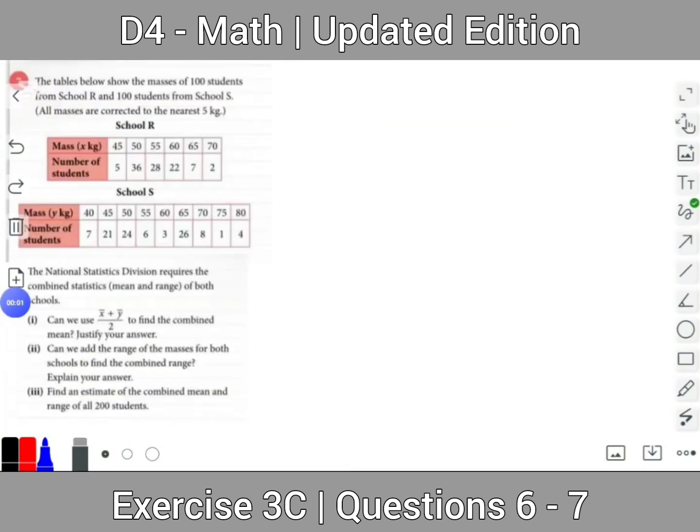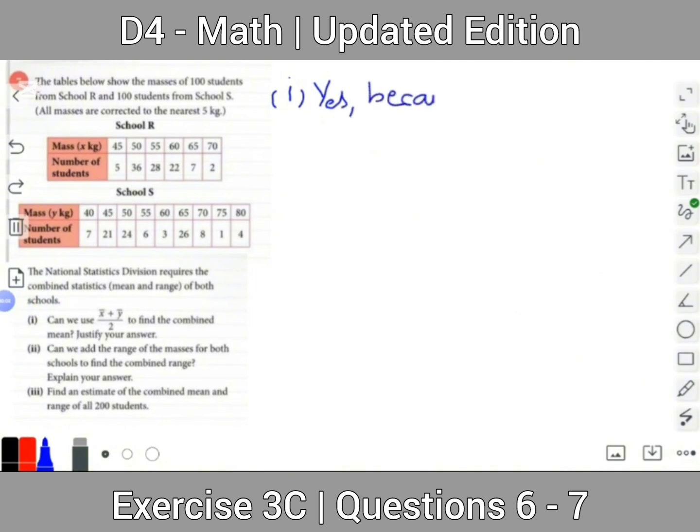In the question 7, the tables below show the masses of 100 students from school R and 100 students from school S. All masses are corrected to the nearest 5 kg. So here's the table for school R and here's the table for school S. The National Statistic Division requires the combined statistic mean and range of both schools. In the part 1, can we use x bar plus y bar divided by 2 to find the combined mean? Justify your answer. The answer is yes,